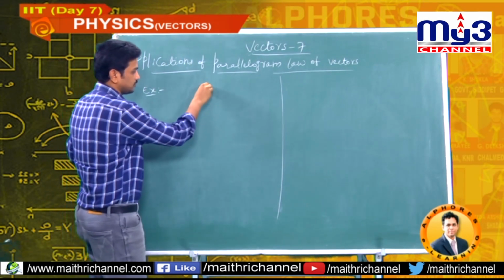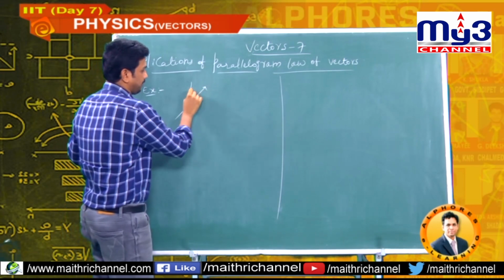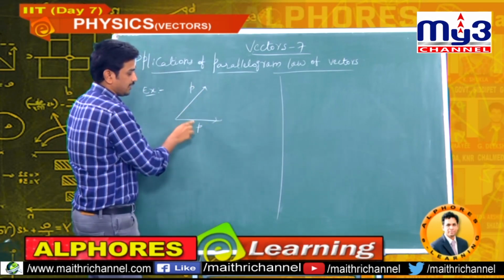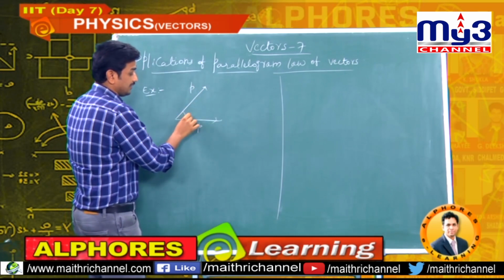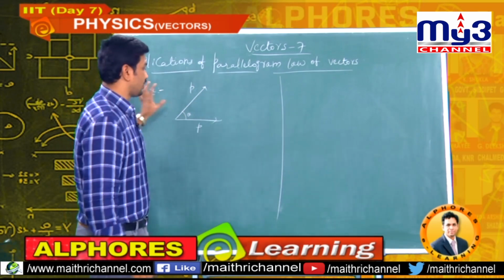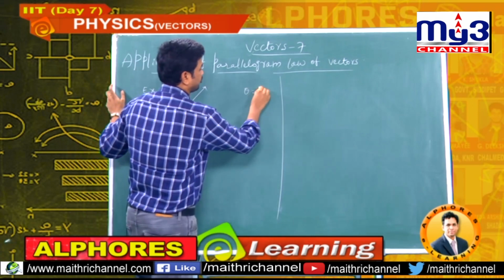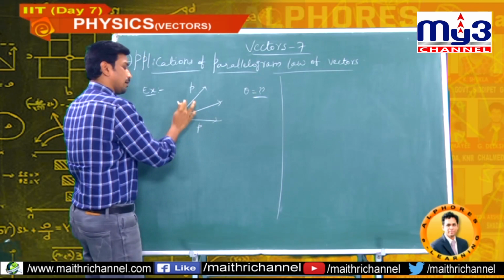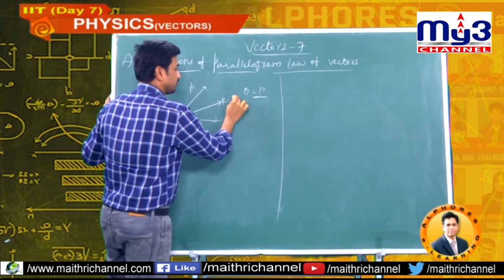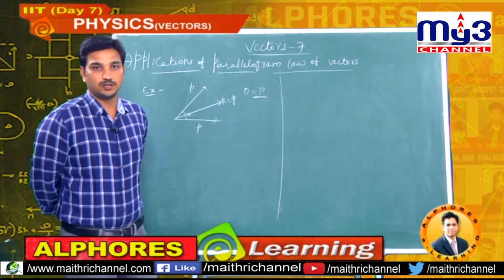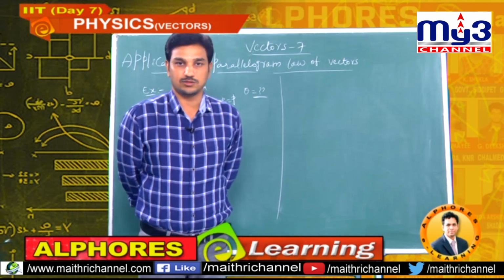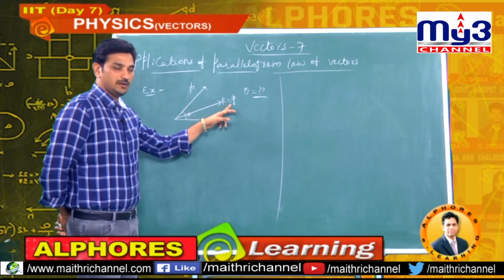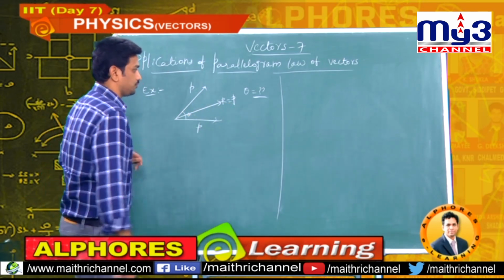Now, this is P bar, this also P bar, two equal vectors with angle theta. I do not know the angle, that we should find. The resultant of P and P is also P. Two equal vectors, P and P, and the resultant of P and P is also P. Now they are asking us to calculate theta.